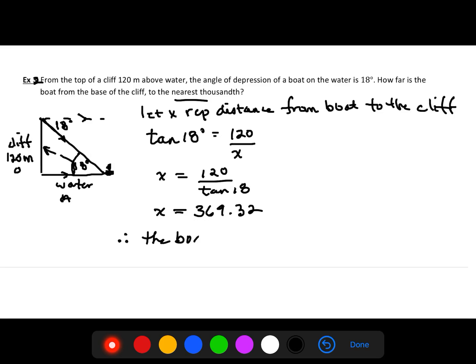369.32, and that's exactly what we have for our solution. We can state our therefore, the boat is 369.32 meters from the cliff. Okay, so just a couple of new definitions or review of definitions, angles of depression and elevation, and some questions